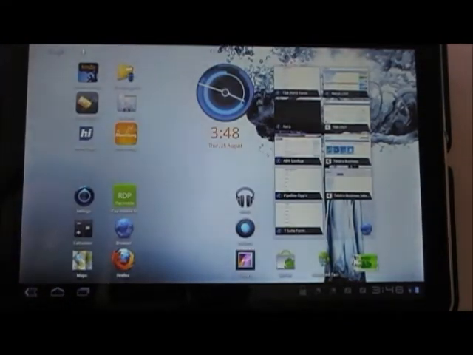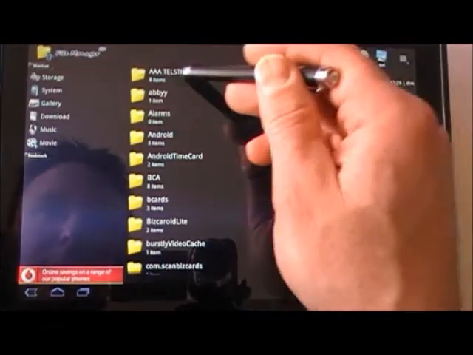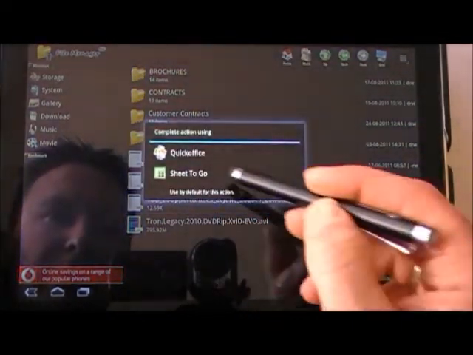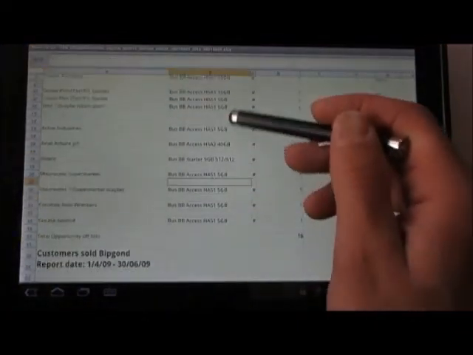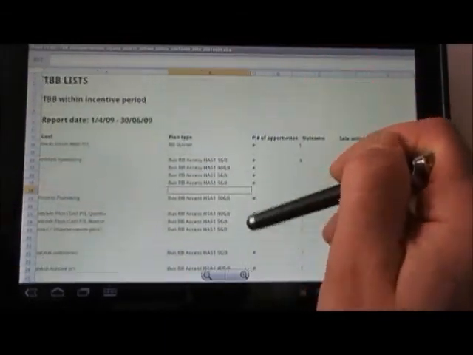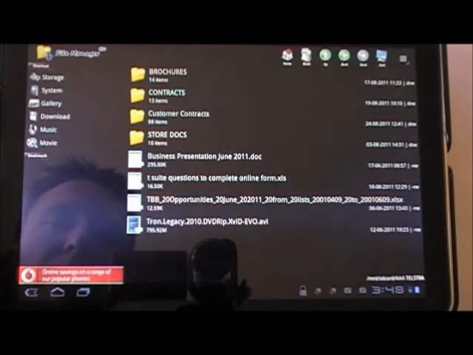Now you can also manipulate Word, Excel and PowerPoint documents on here. So if we go back into here and we'll grab an Excel document, click on that, I'll choose the program that I want to open it up in, and now here's our Excel spreadsheet that we can make any changes to. We can add formulas in, make any changes, and we can save that. That will also be able to be opened via Word, Excel or PowerPoint on a